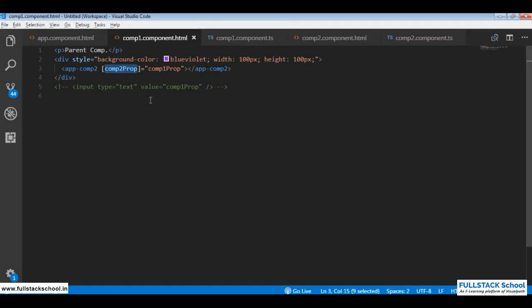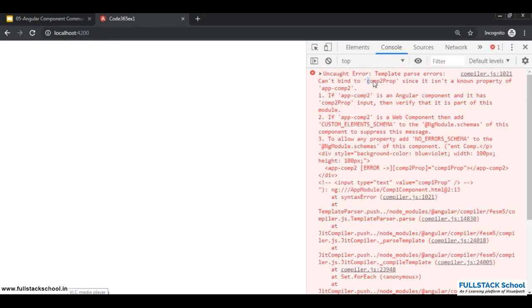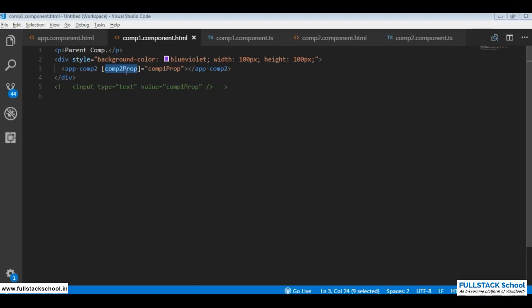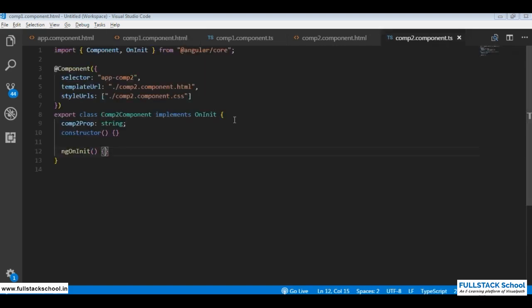We get an error, since it isn't a known property of app component 2. So the problem we see over here is it says component 2 property isn't a known property of app component 2. It is unable to identify this as its property, and to make this happen, what you need to do is